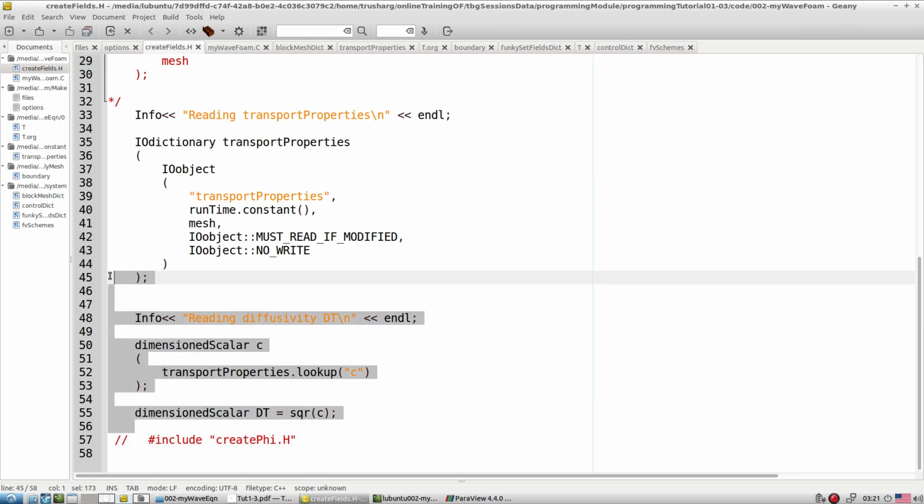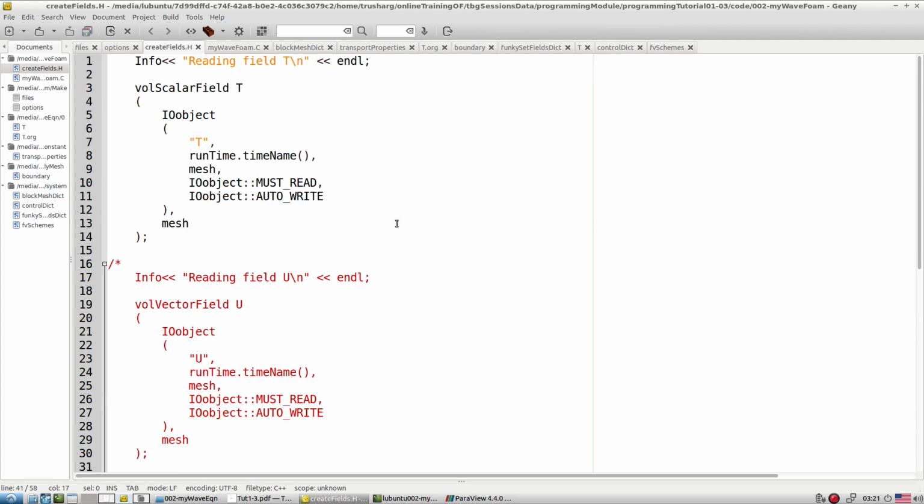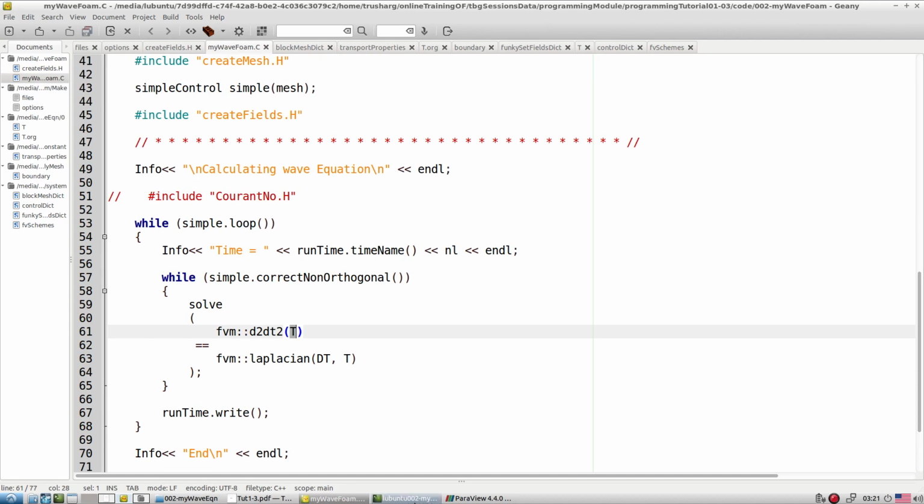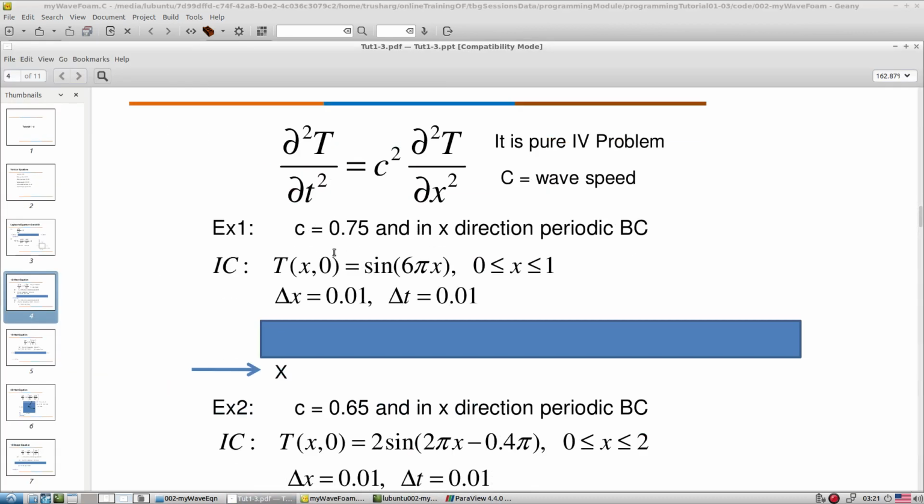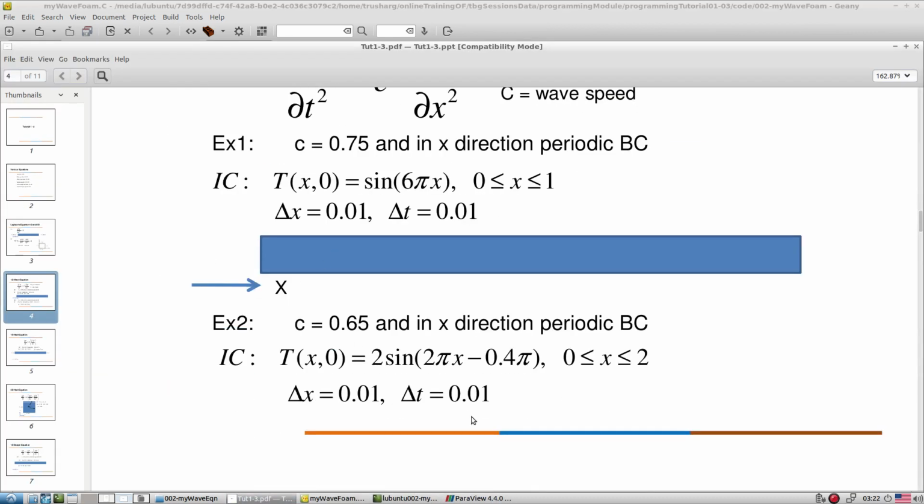In that way we were able to set all the required field variables, then we compiled it with the wmake command, and we are set with the solver. So I suggest please try to run this example 2 as well.